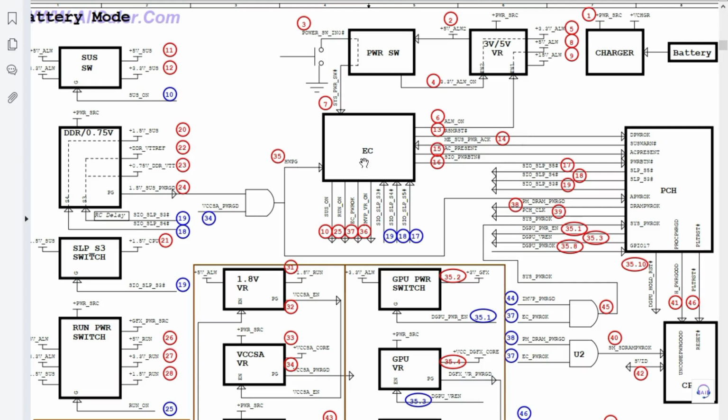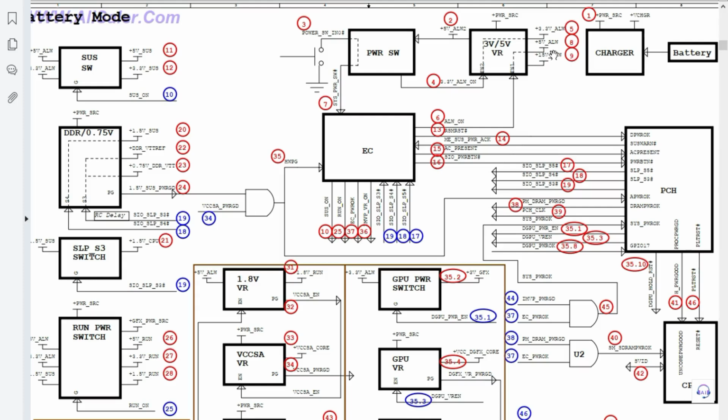Generated from the Super I/O or the embedded controller that will go directly also to the 3V 5V controller. Once it receives the always on enabled, you see here we have enable 1. It will then generate number 7. So after this signal we will get plus 5V always, but we have here another signal. This is system power switch. Normally this signal should be number 6 here, and this one should be number 7. Okay, 6, 7, and then we have 8 plus 5V, and of course we have another voltage plus 15V always,